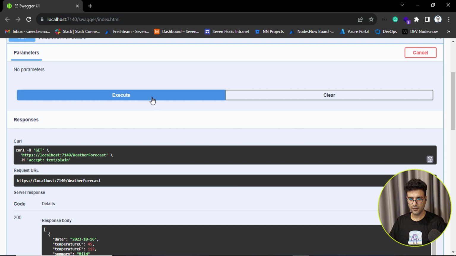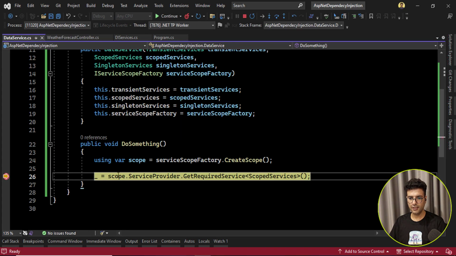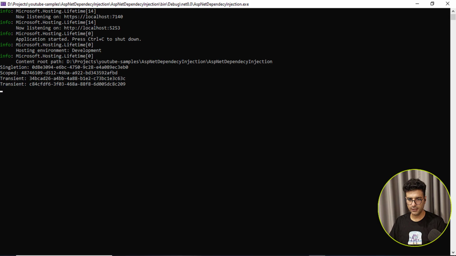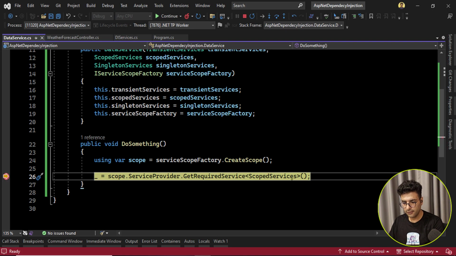Fine. Call the API, and here is the breakpoint. Let's check the log. One singleton, a scope service, and two transient services, which is fine. We know that. And if I get another instance of the scope service,